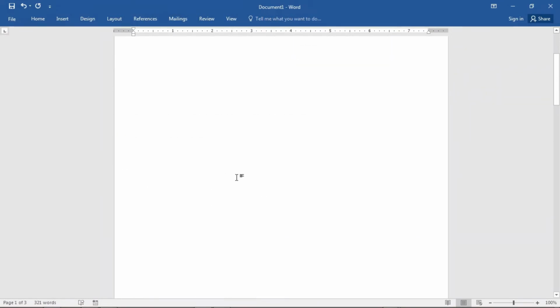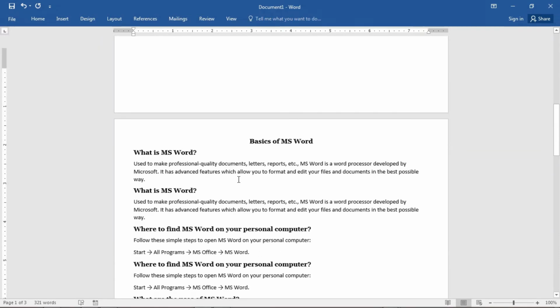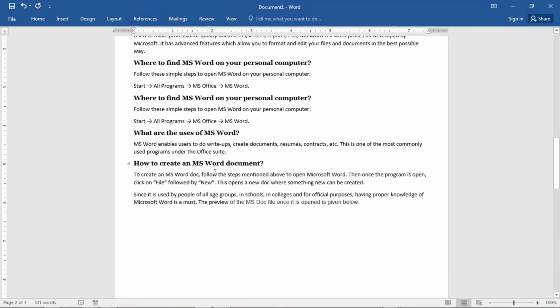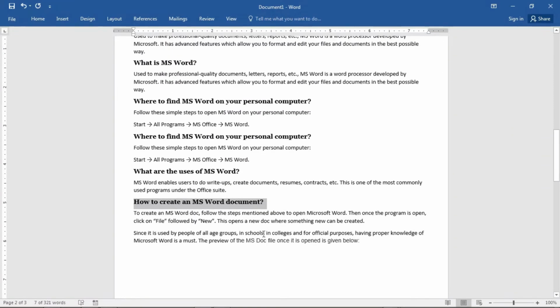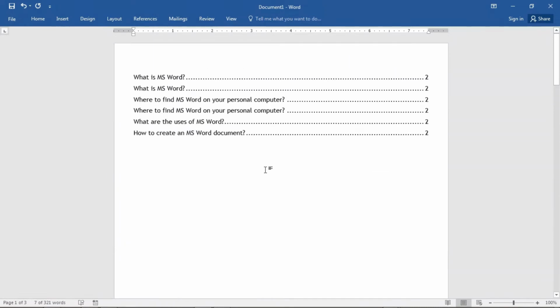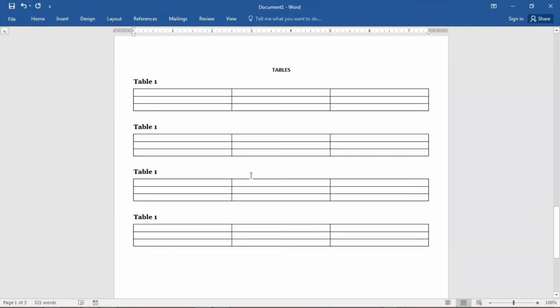This is the main one. Whatever headings you want to add, the entire report can be added in a similar way. Just click on Format Painter and apply it to all the headings up to where you want. This is one method, and now we'll go to the next method, that is tables.